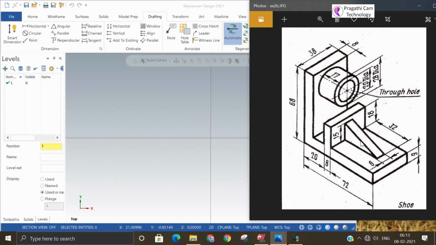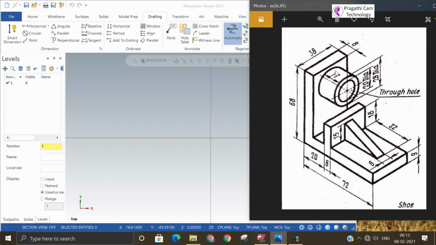Once you understand the base feature, the next step is how to position this base feature so that after drawing the component, you can see the complete visualization, meaning the maximum exposure of the component is visible to you.